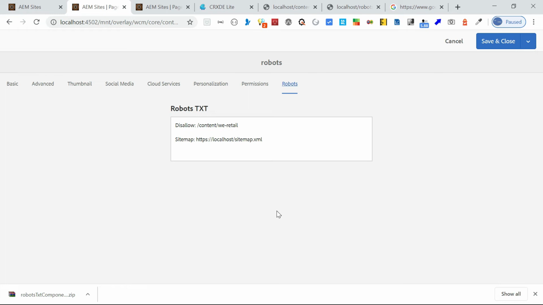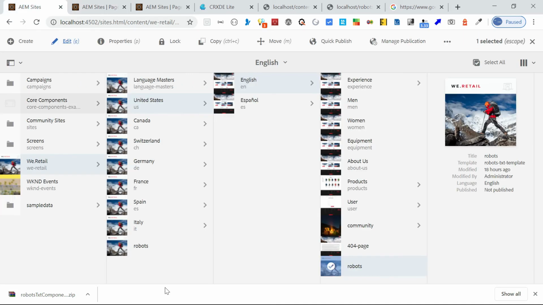Now the servlet will serve the final robots.txt file by combining the global and site specific robots file. So I have a global file, I have a site specific file. You will always be accessing the site specific file from outside. Whenever you try to access that, the servlet will combine both files and serve the final content with the extension .txt. Please note we have not created this file with any .txt extension, just with the name robots.